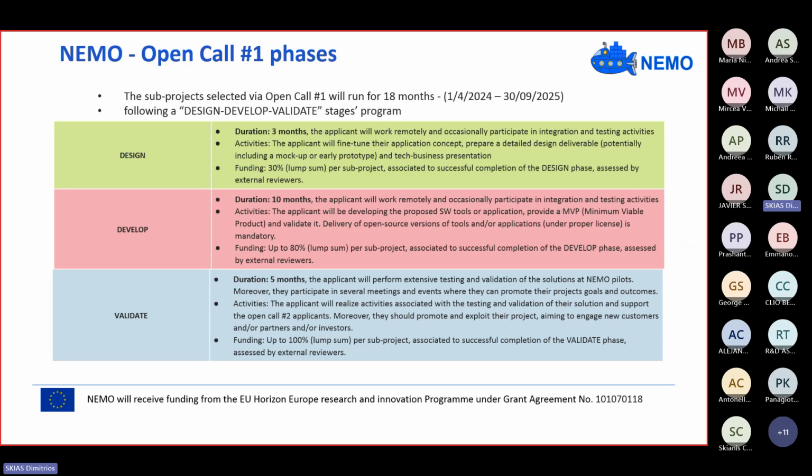Worth mentioning that all the technical outcomes of the projects participating in the first open call, and this will stand for the second open call as well, are to be provided as open source. So this is quite an additional obligation that the potential applicants should have in mind. After the end of this phase, the funding that will be provided in 2 steps is 50% of this 150,000. So in total it will be 75,000 euros, and it will reach up to 80% in lump sum of the total funding per project.